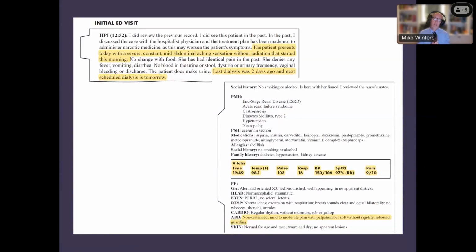The fact that you heard others such as Dan talk about end-stage renal disease and just how predisposed they are to a number of serious conditions. And the way the exam is written, where there's a 9 out of 10 abdominal pain, but the way the charting is with respect to the abdominal exam, to me is pulling out a pain out of proportion. So when I'm approaching this patient in front of me, I am going to do more with respect to labs along with imaging.